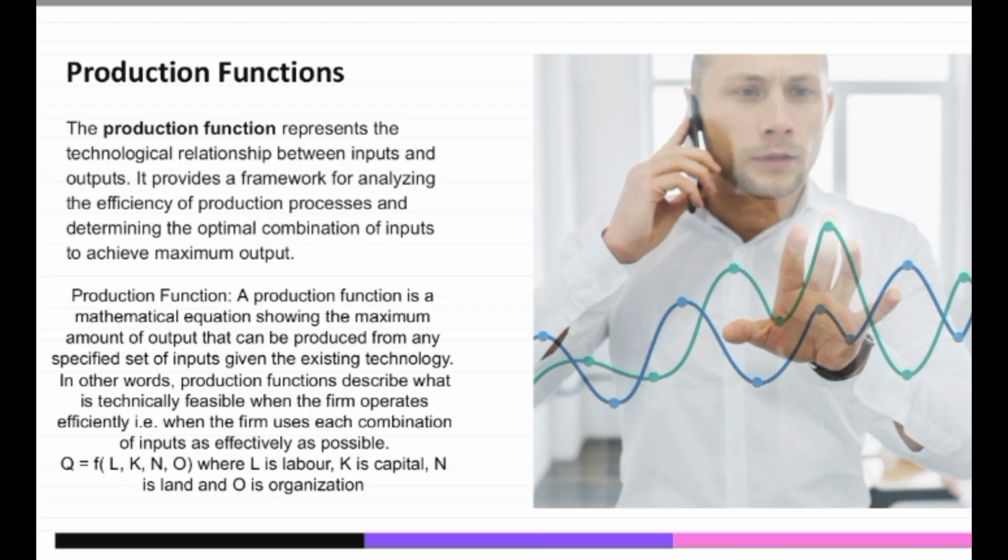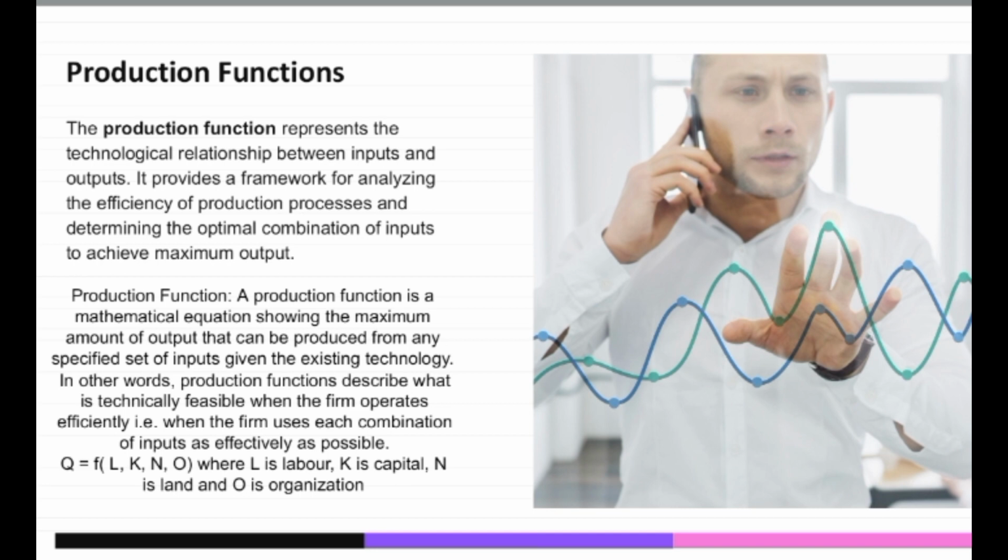Next one, we have the production function. The production function represents the technological relationship between the inputs and outputs. It provides a framework for analyzing the efficiency of the production process and determining the optimal combination of inputs to achieve maximum output. So as you know, economics works on assumptions, but at the same time economics uses many statistical